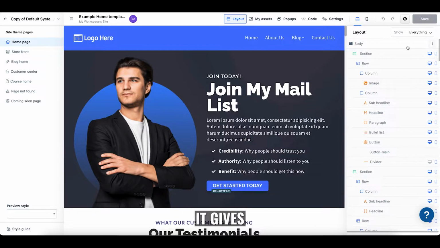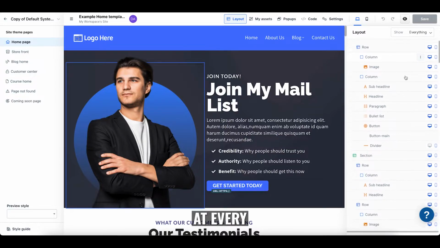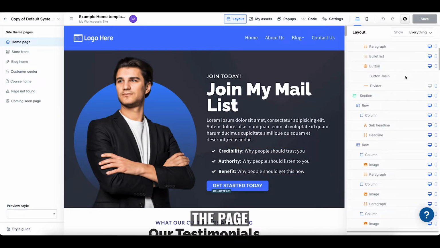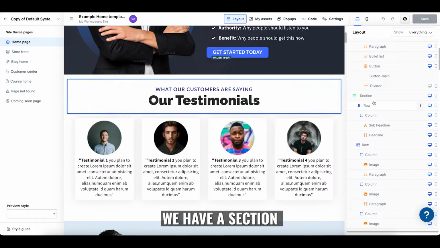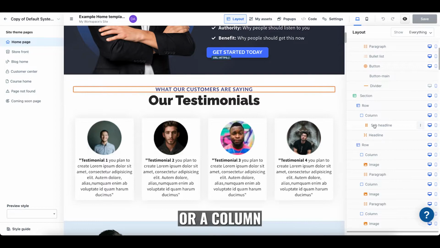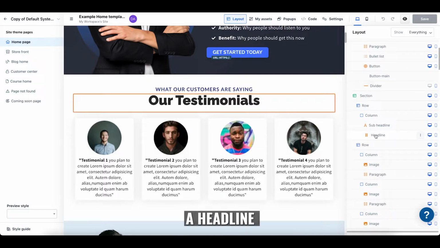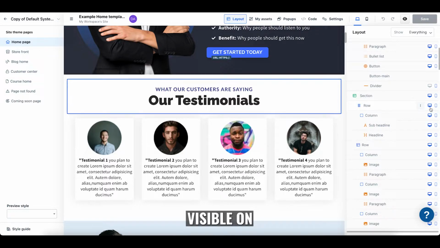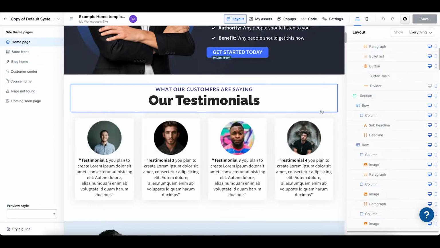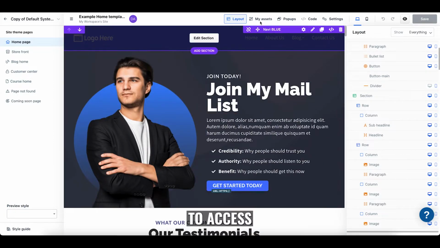what it gives you is a look at every single thing that's on the page in order. So here we have a section, a row, a column. Let me scroll down to it. We have a section, a row, a column, subheadline, and a headline. It shows you if it's visible on desktop or mobile, and that way it's really easy to access anything that